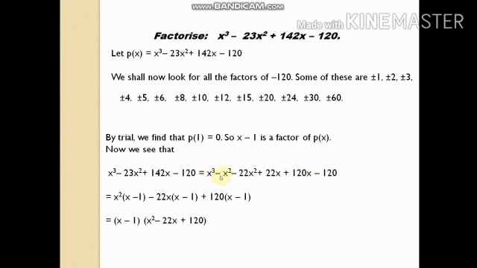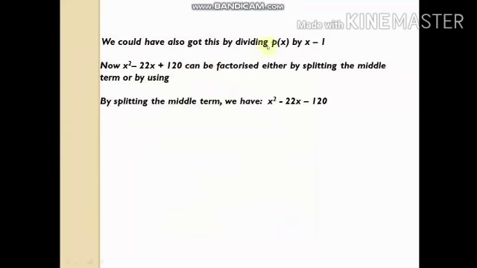As you can easily see here, student, if you take x square common from these two terms, you will get x square common within bracket x minus 1. Similarly, you have to take common again also, and you can see x minus 1 is a common factor. Within bracket, what will remain? x square minus 22x plus 120. As we get the first factor of this cubic polynomial, x minus 1, now if we factorize this x square minus 22x plus 120, we will get another two factors also.